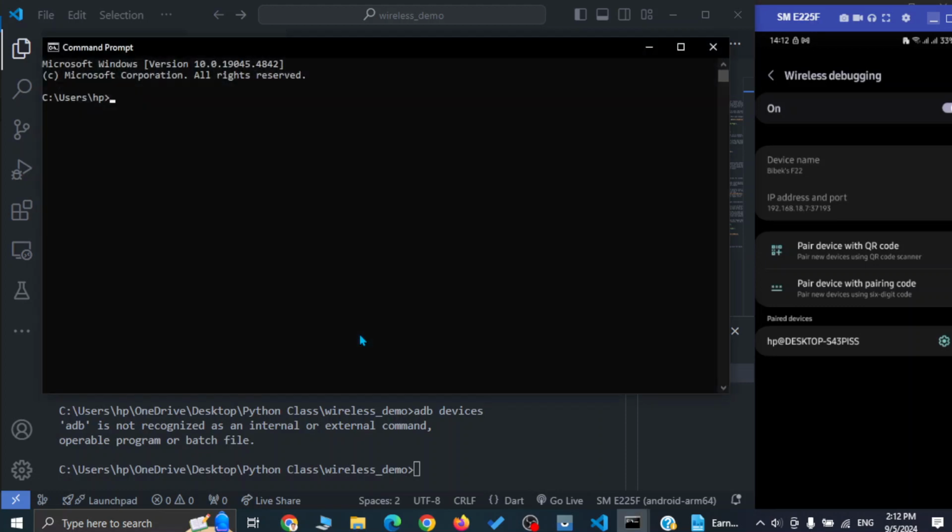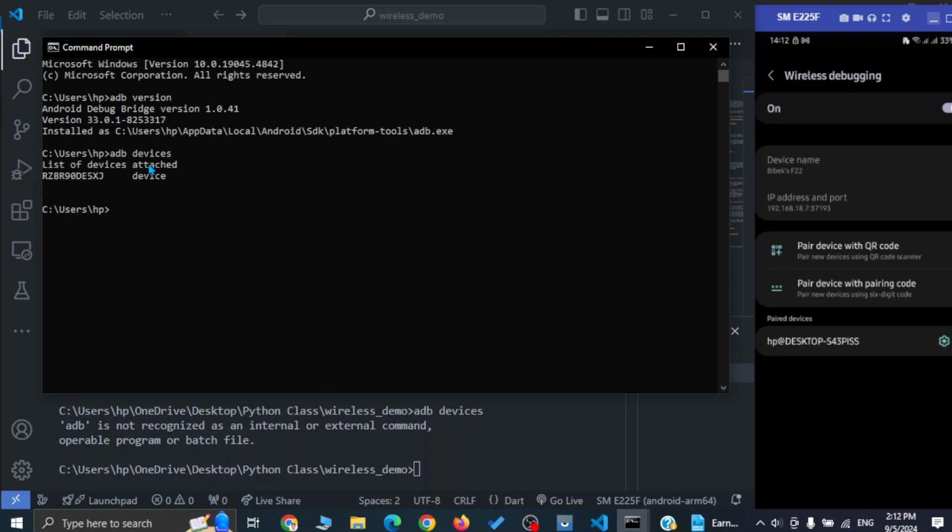Okay, adb, let's go with version first, and it worked. adb devices, and as you can see here is my device code rz8r, and if you have correctly enabled USB debugging and connected your device with the USB cable, then you will be able to see this. And now we have to connect with this device, so we have to enter adb connect